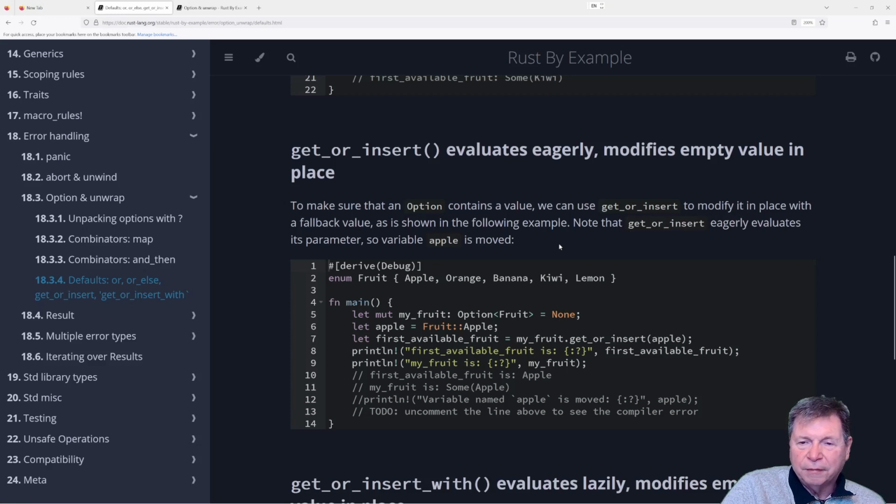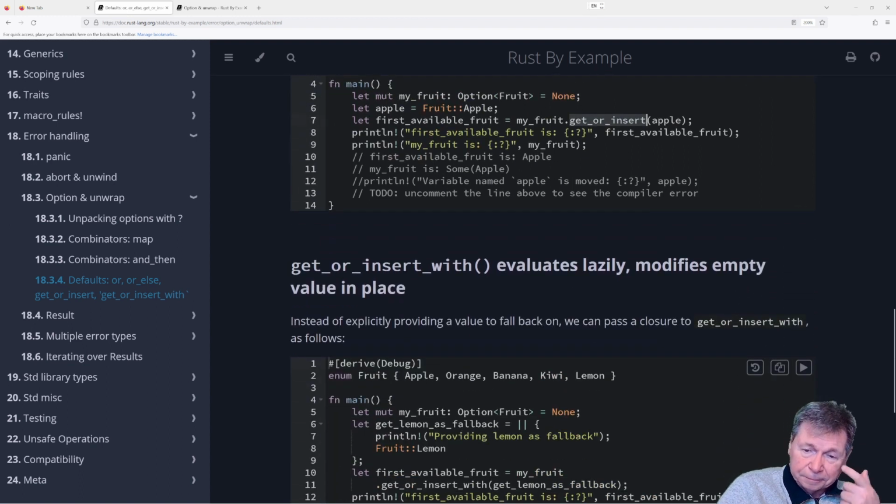Get or insert evaluates eagerly, modifies empty value in place. Make sure an option contains a value, we can use get or insert to modify it in place with a fallback value as shown in the following example. Oh, okay. So this is what I was trying to do. They actually have a built-in thing for it. Get or insert apple into my fruit. Okay.